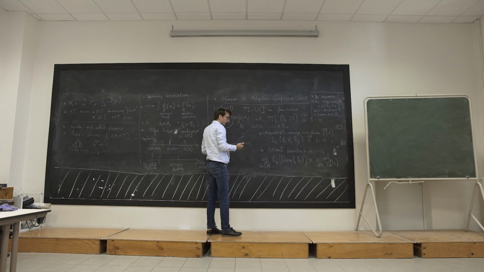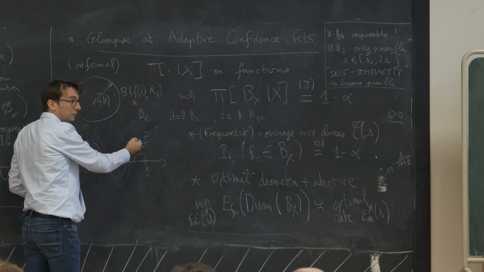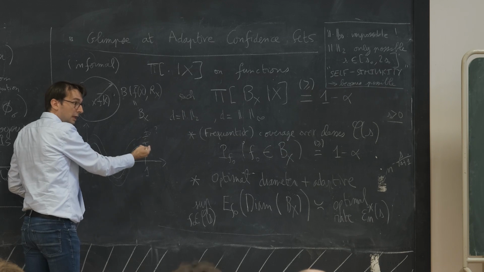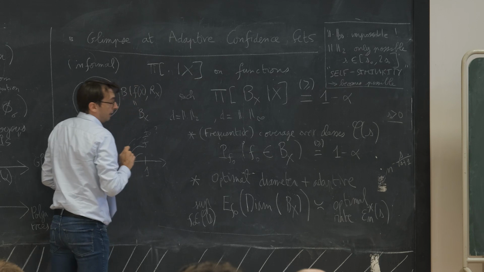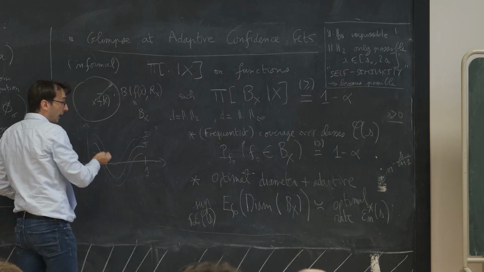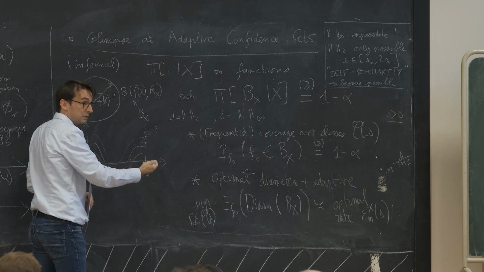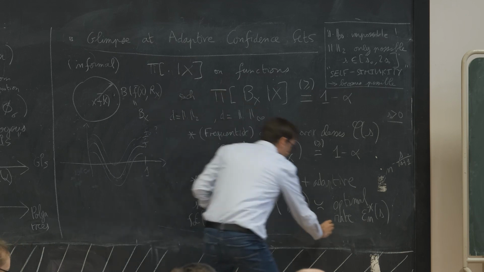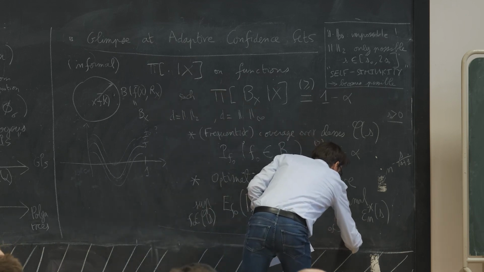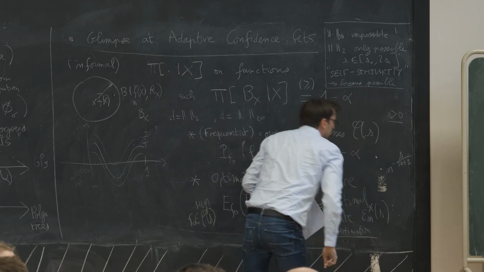And on the other hand, you also want it, so what's natural is that since you know you can estimate the truth at the minimax rate of estimation, it would seem natural that this set can also have a diameter of the order of the minimax rate of estimation. So when you say optimal rate on the bottom right, it's optimal for estimation, and you say that somehow the optimal rate for confidence intervals is exactly